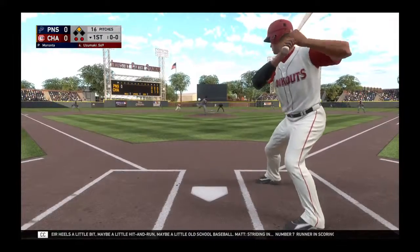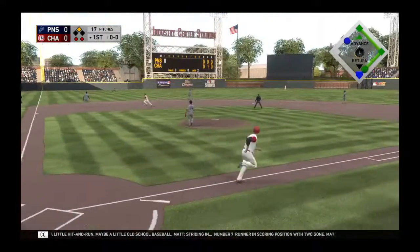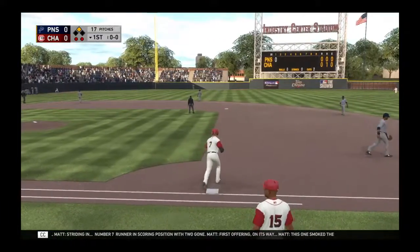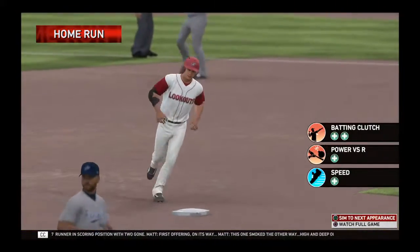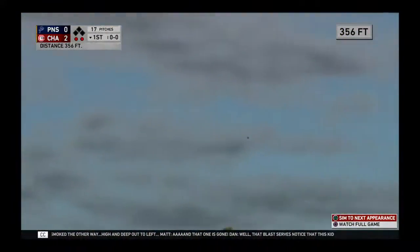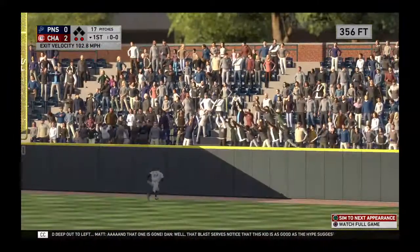First offering on its way. This one smoked the other way, high and deep to left. And that one is gone. Well, that blast serves notice that this kid is as good as the hype suggests. He has the tools and the desire to be a good one in the show. Can't wait to...